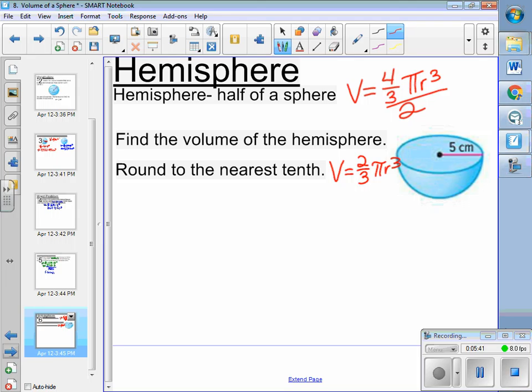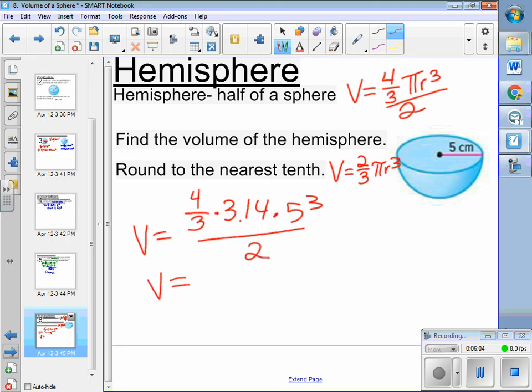We've done the 5 before, so I'm going with 4/3 times 3.14 times 5 to the 3rd, all divided by 2. My volume is equal to 261.7